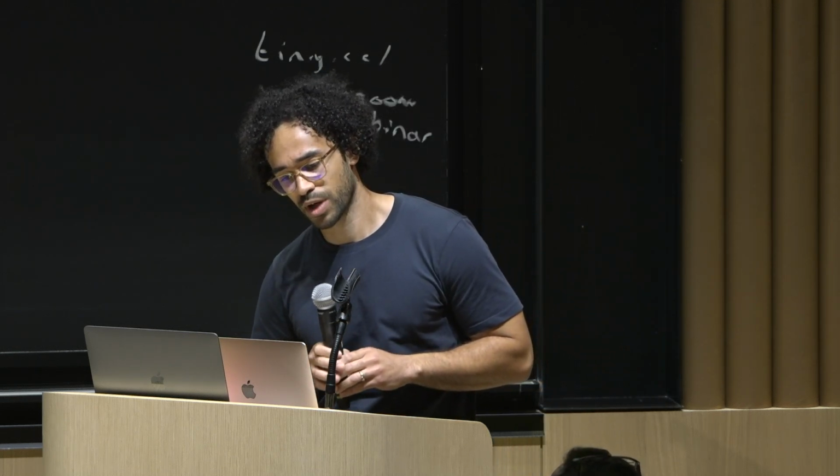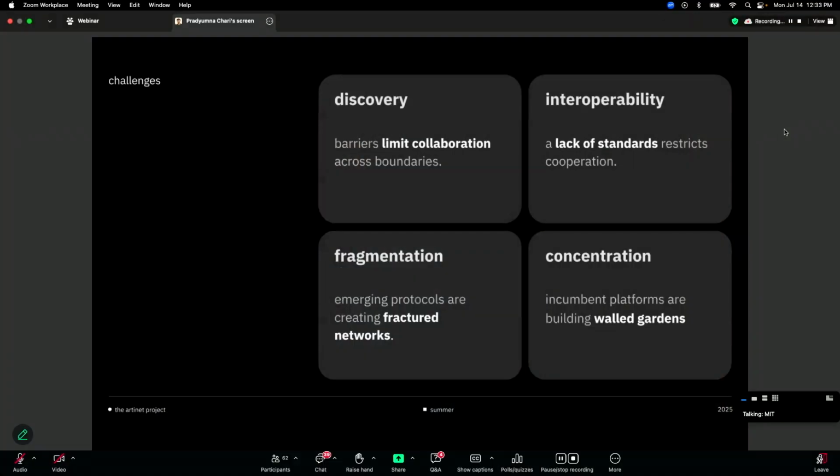So getting into our proposal for NANDA, as we've talked about, there are a lot of challenges that come with creating decentralized agent networks. Discoverability has been brought up. Interoperability has also been brought up. We have all these agents in different areas, and we need them to be able to discover each other, and we need them to actually communicate and work together. And we have a lot of new players coming into the scene that are creating these fragmented ecosystems, and we're really trying to avoid these walled gardens that we've talked about during the summit already.